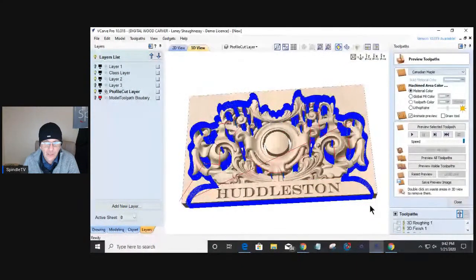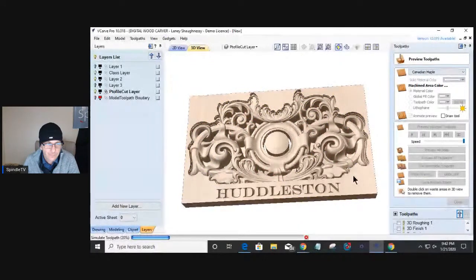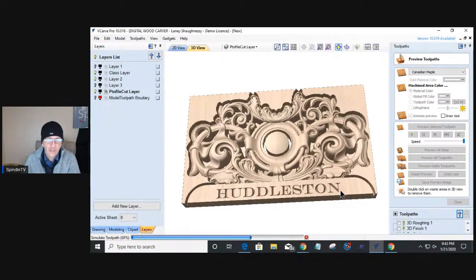And we're going to preview the selected toolpath. And then I do want to add a little chamfer. We'll show you that here in a moment, but let this cut out, and we would do the chamfer first. But